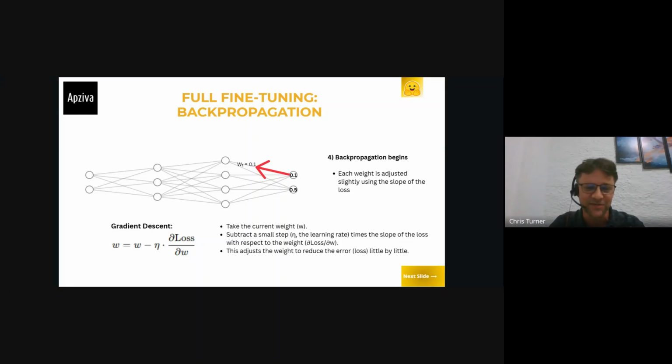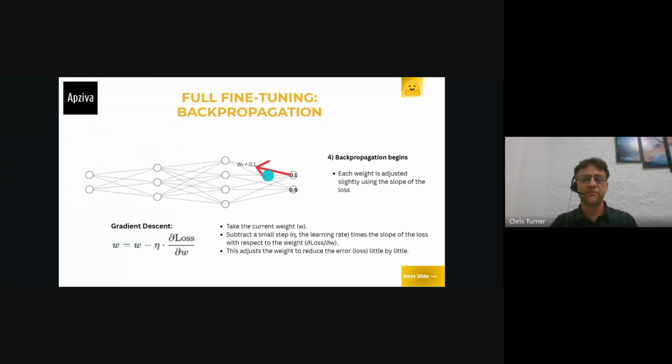I don't really have time to explain the whole calculus behind everything, but here we're taking the slope of the loss with respect to weight, and it's giving us an idea of which direction we need to change each of these weights so that the next time we run data through this network, the loss will be decreased.